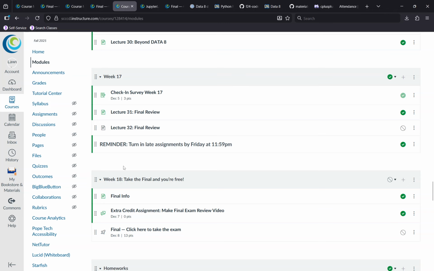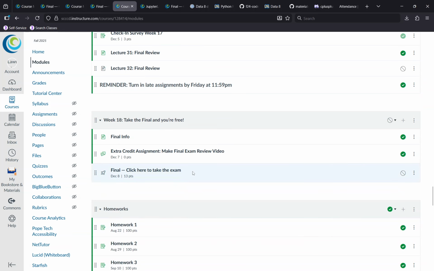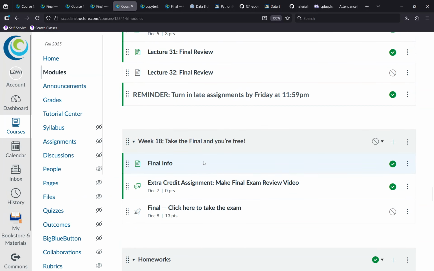If you didn't complete an assignment on time, you still get half credit if you submit it late by the end of this week. So Friday at 11:59 p.m. you can turn it in late. And then on Monday, on the final day, you'll just come in to the class and this week 18 module will be